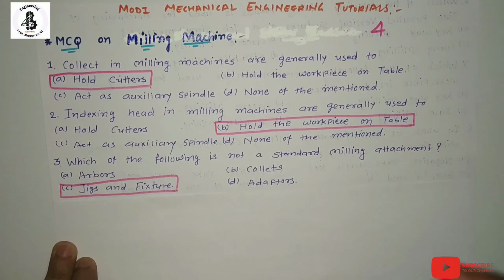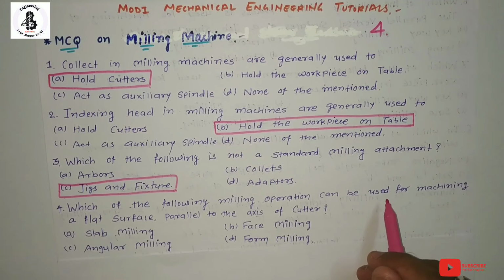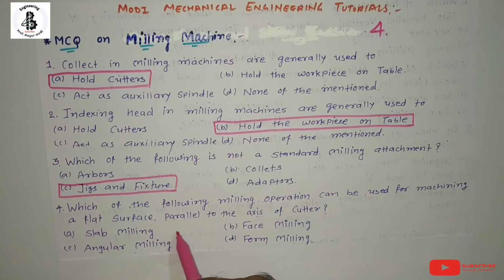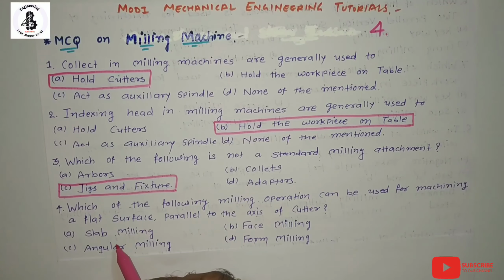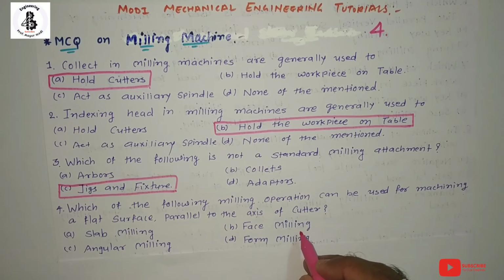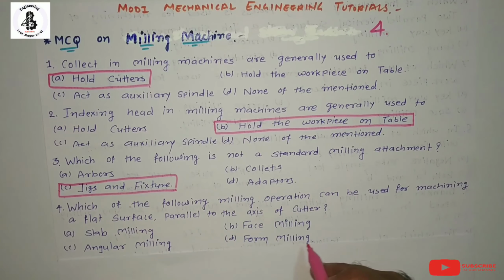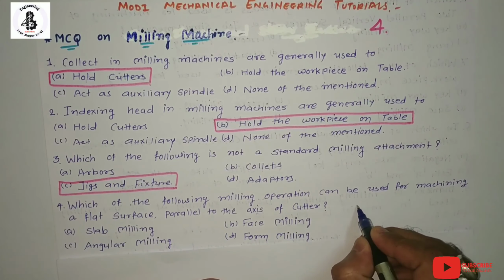Then the next question. Which of the following milling operations can be used for machining a flat surface parallel to the axis of the cutter? Option A, slab milling; option B, face milling; option C, angular milling; and option D, form milling. So just you can see, this is our